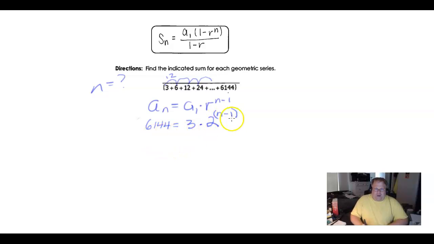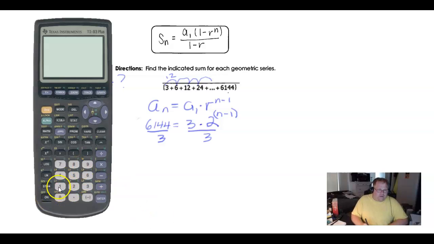So we've got to figure out how to do this. What we're going to do first of all is divide everything by 3, because we've got to get this by itself, and that's the tricky part. We're going to do 6,144 divided by 3. That's 2,048